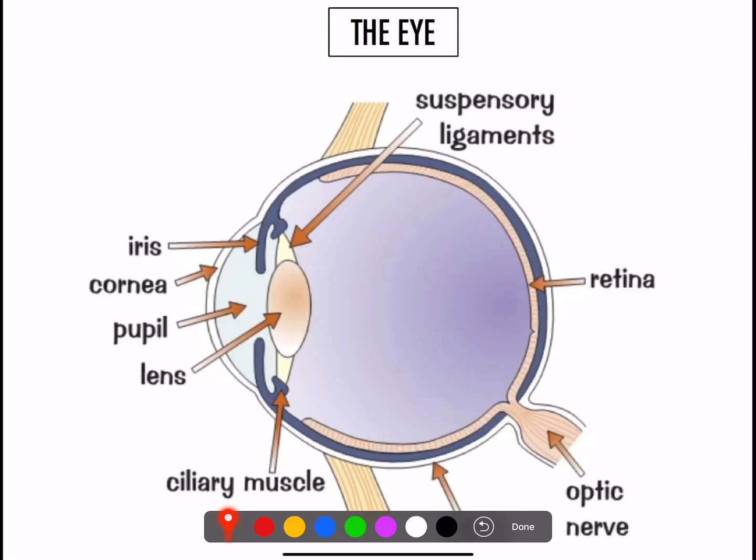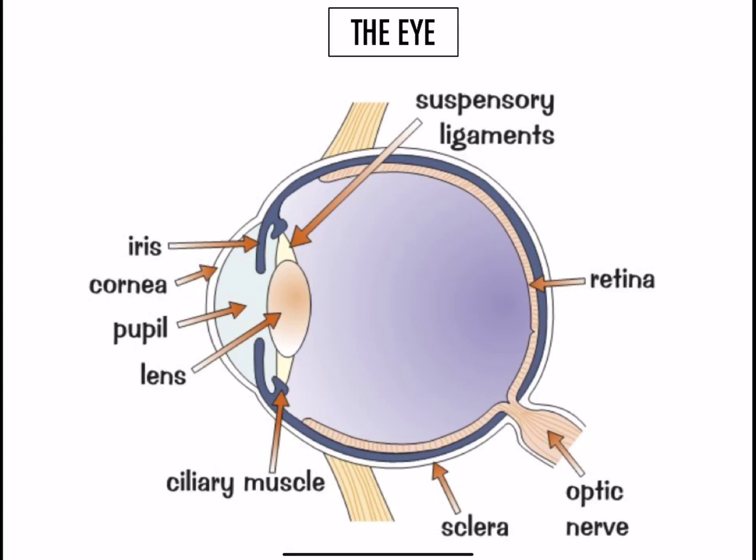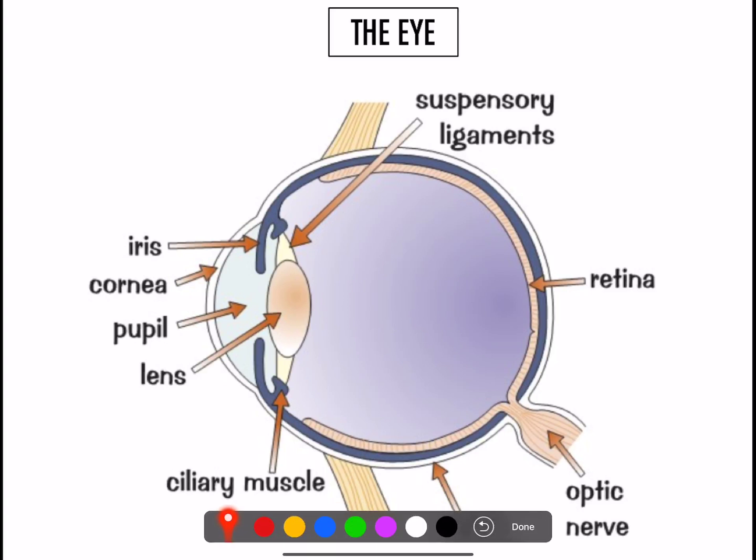Okay, now with the eye, first of all, we have to know the structure of the eye. So if you look at this diagram and you make sure that you memorize all the different points, the main thing is if you look at this sclera, a lot of people don't understand what that means. So a sclera is just literally a very fine membrane that goes around the whole eye. That is the sclera. Okay, the retina is this area at the back of the eye, and in the retina